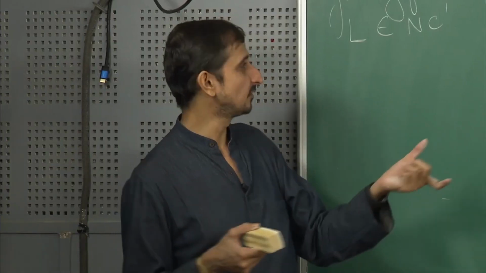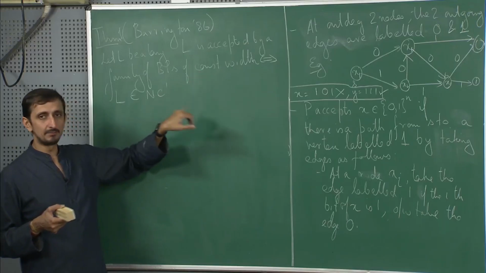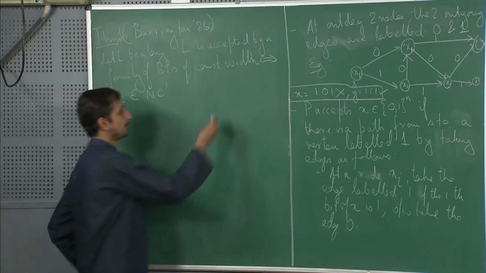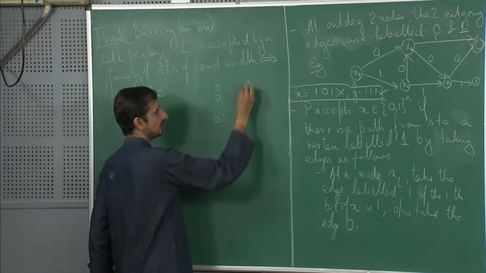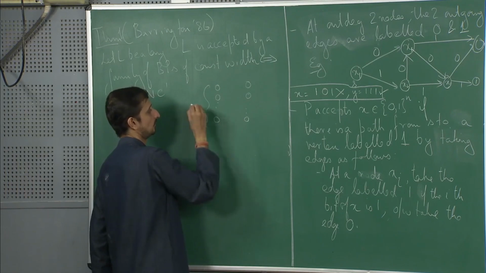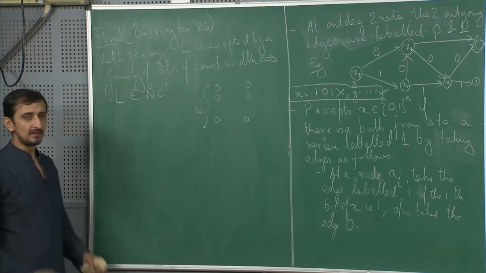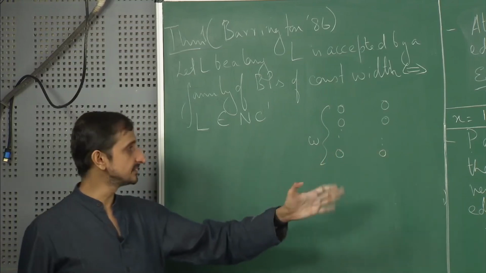Okay, the way it is encoded is that, let us say the width is some w, so I have some w number of nodes over here, and I have another w number of nodes over here. Now how many ways can you go from here to here, or how many functions are there